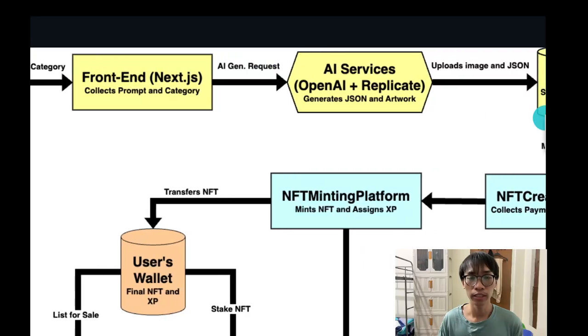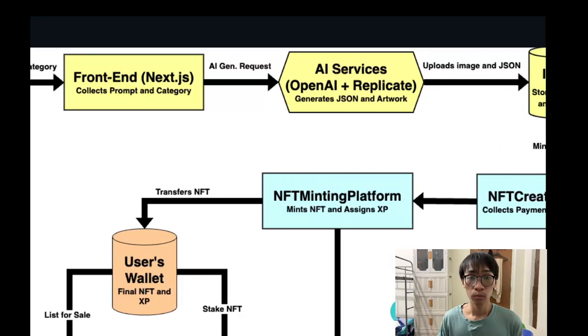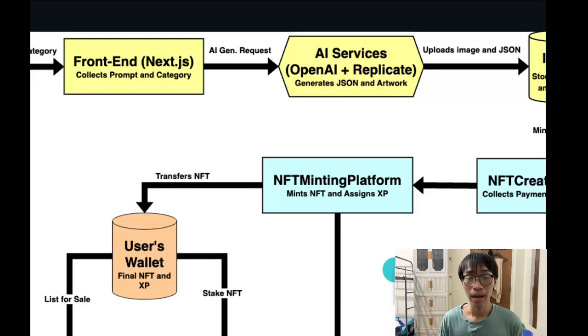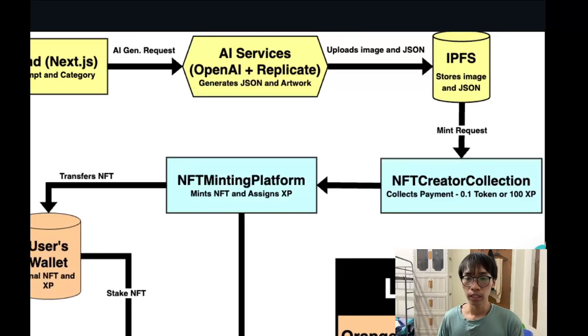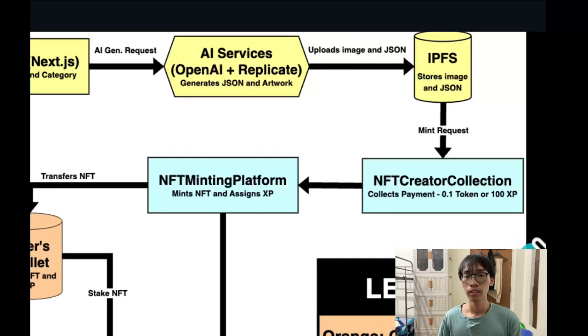So once the user clicks on generate metadata, it will be processed in the backend. My backend comprises OpenAI plus Replicate to generate the JSON and the artwork itself, which will be uploaded to IPFS. And once the user clicks on the mint button, it will interact with the NFT creator collection smart contract. If the user doesn't have enough balance, then the transaction will fail. If the user has enough balance, then